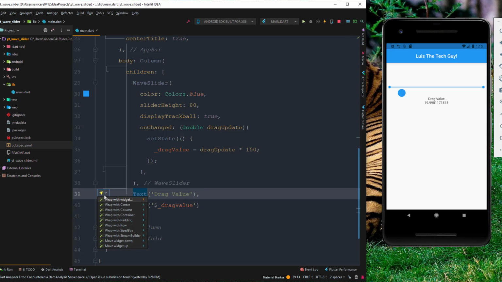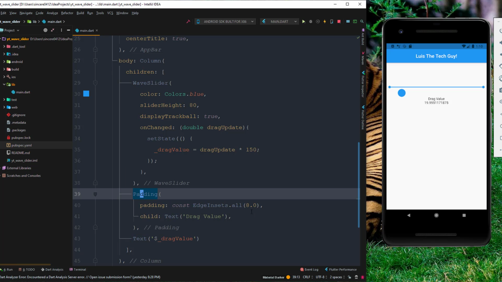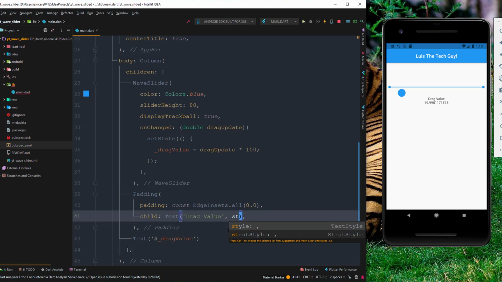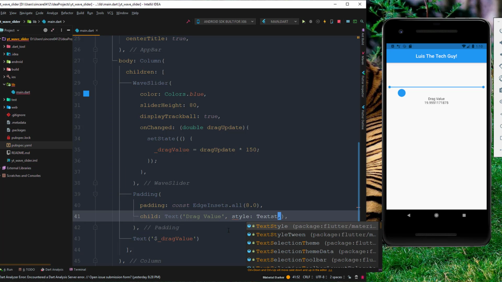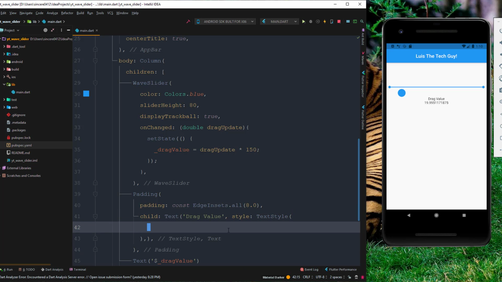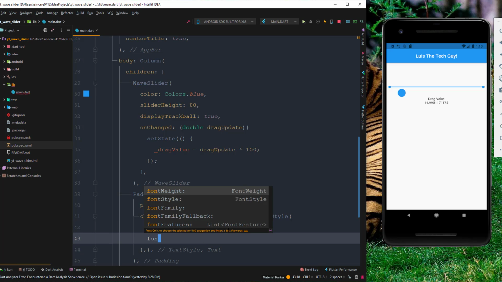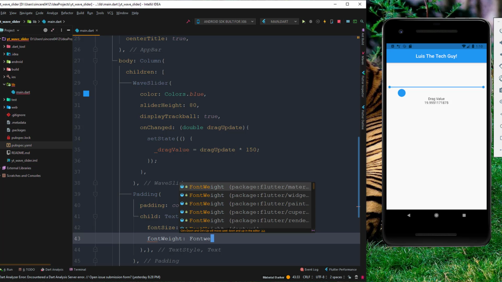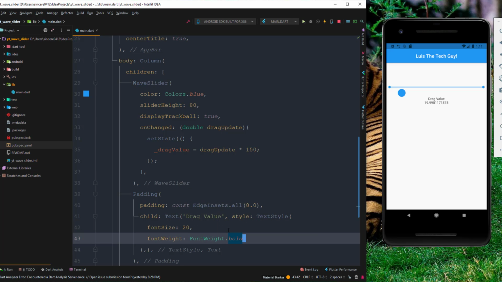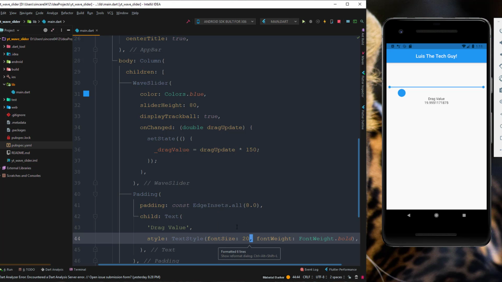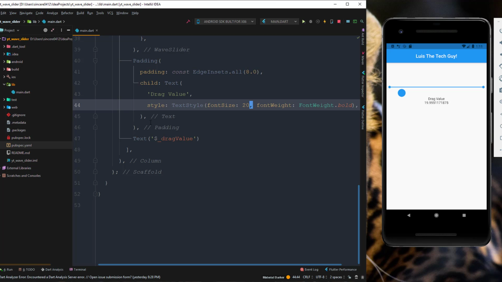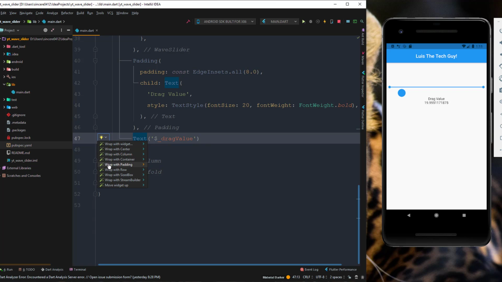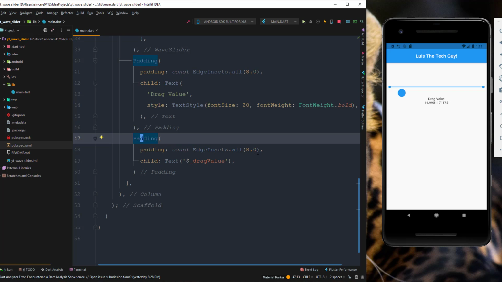So first thing I'm going to do is give this some padding and then some style, and it's TextStyle. And what are we going to do? We want to do font size, and the size will be 20. Font weight dot bold. All right, and we're going to reformat our code here so it's a little more readable. All right, so we got the padding there. We're going to add some padding here. Wrap with padding, and that adds our EdgeInsets